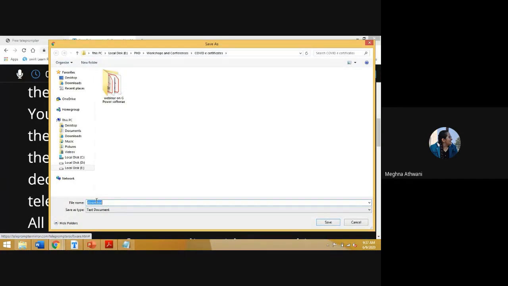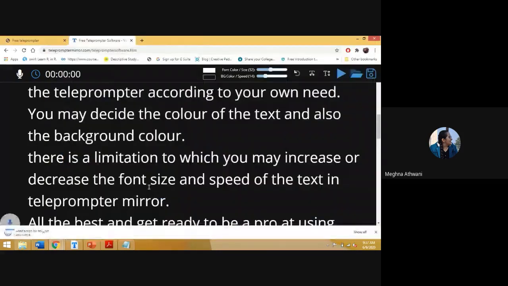You can write your file, the edited script for teleprompter. As I had said, see this command. Can you see this text document here? Nearly all the teleprompter softwares use a text document to load files or save files. So this script of yours will also be saved in a text document format. Okay, just click on save. You don't have to write your text again. You just saved it. Nice. Okay.